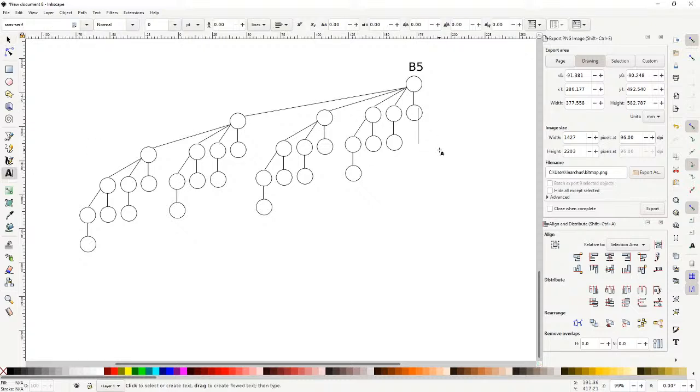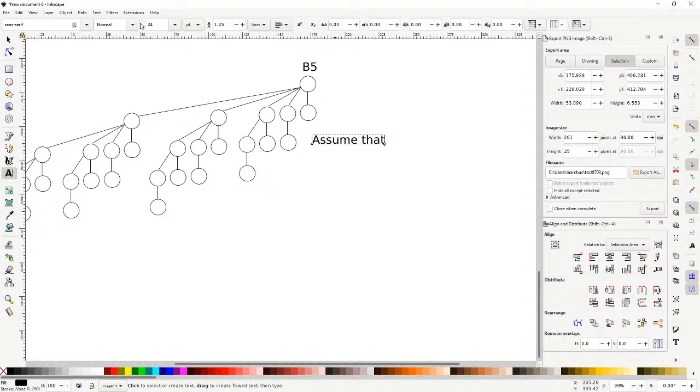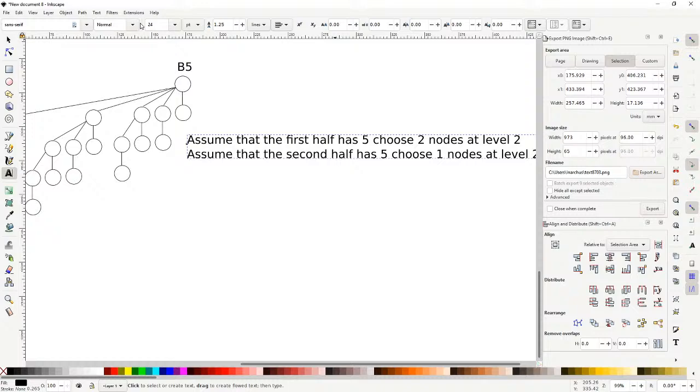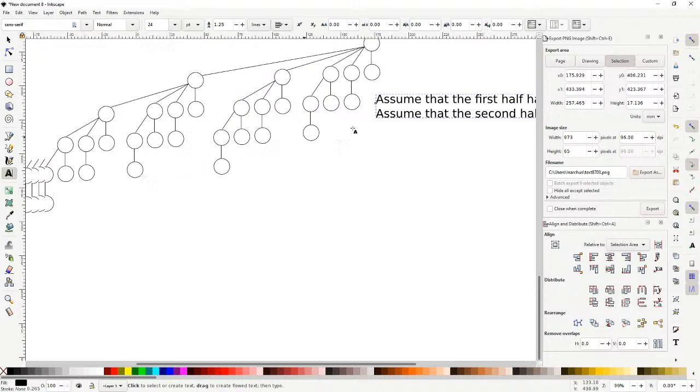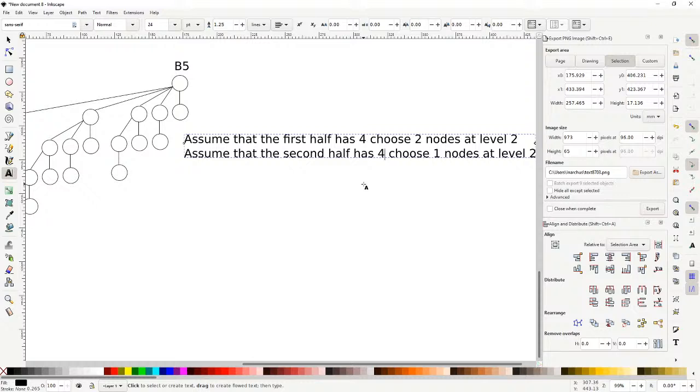So basically we assume that this first half has 4 choose 2 nodes at level 2, and then we assume that the second half has 4 choose 1 nodes at level 2, because remember, we're shifting it down by 1 level. I keep doing that, I'm sorry. It's actually 4, right, because we're making the B5 out of 2 B4s. So, and then what we say is, because of that,